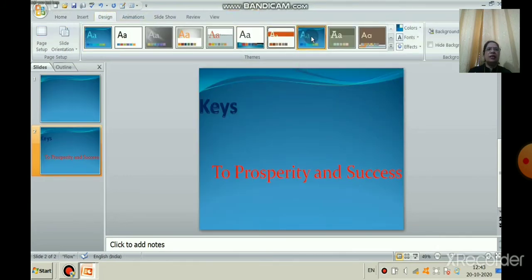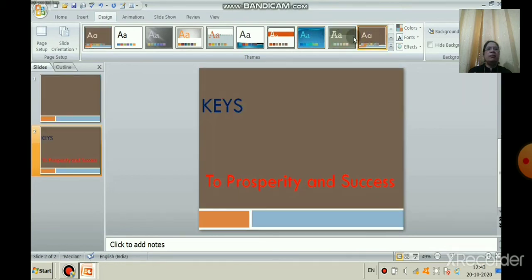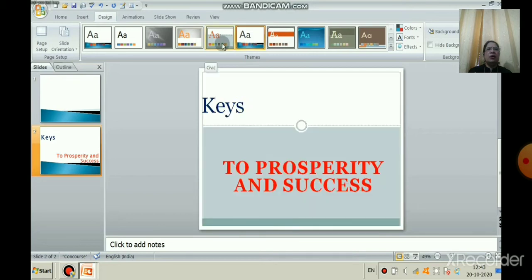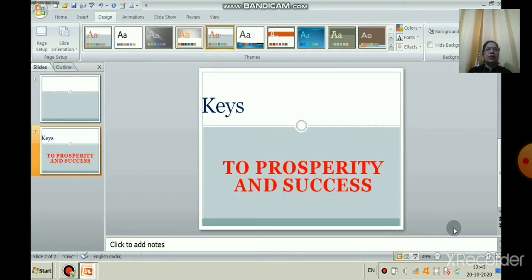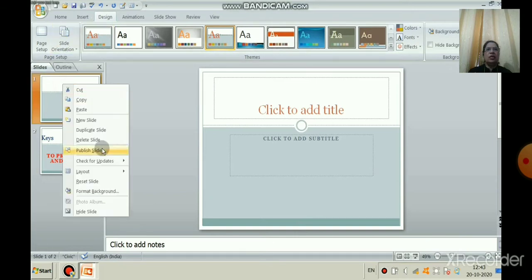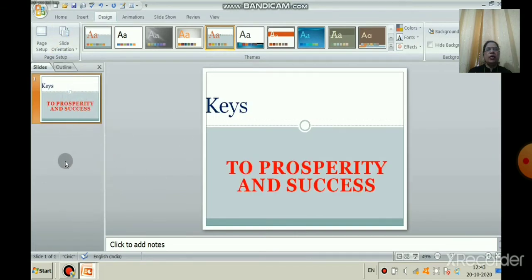You can select the Design tab, and in the Themes group you can select any one theme. So, keys to prosperity and success. Now, the same thing, we will insert one more slide and we are going to write what are